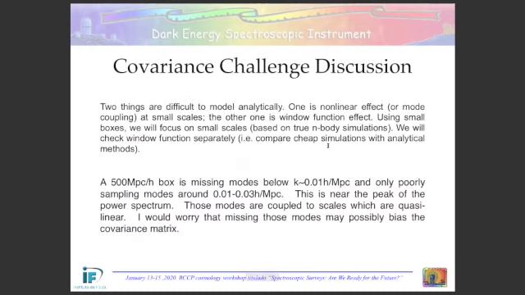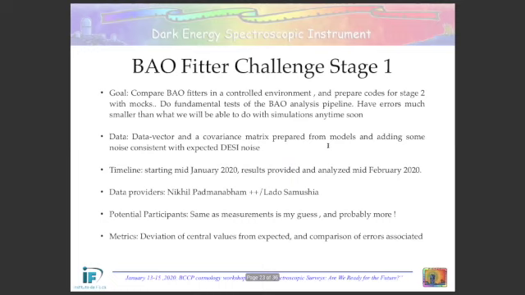There are some trade-offs that we know we have. As I mentioned before, one of the drivers of this exercise is that it needs to be done now. So we need to use whatever is available or whatever is feasible to run in the short term. That's what is driving our choices for now. We have 2 stages planned for the BAO part.